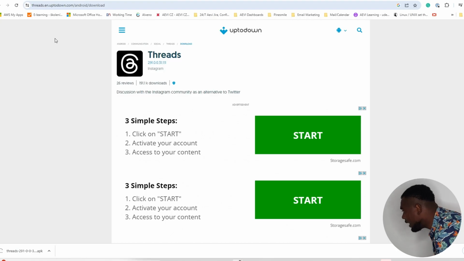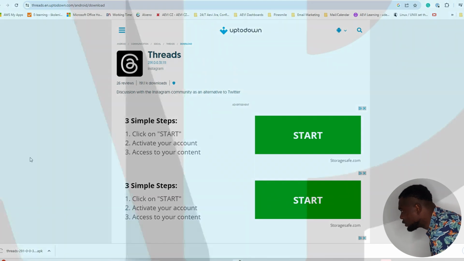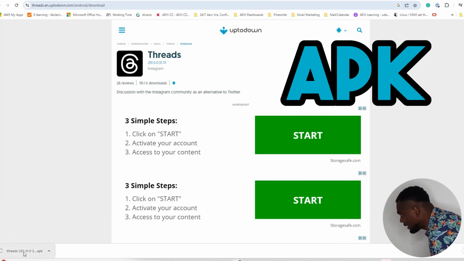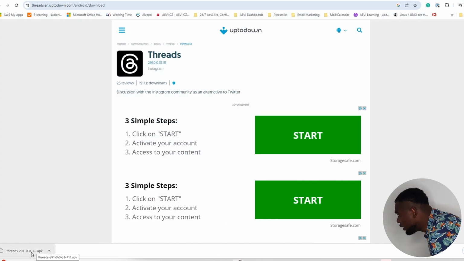Just like any other app, if you are not able to find it in the App Store, then the best way to get it is to actually find the APK for that specific application. And that's what we're going to do for the Instagram new Threads app. Now, as you can see on the lower left hand side, I have the APK already downloaded, but this is the website that you need to visit,